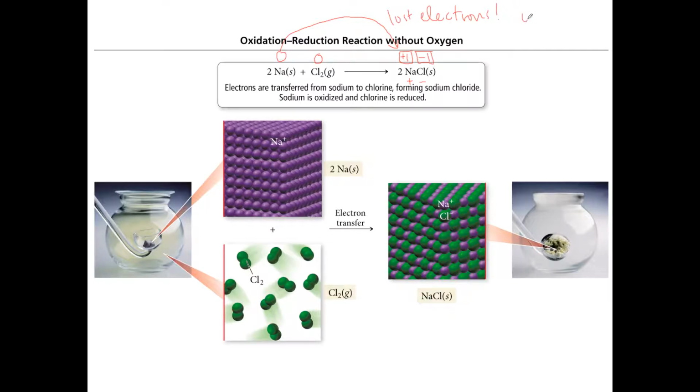Oxidation is loss of electrons. And chlorine gained electrons to become chloride. And reduction is gain of electrons. So chlorine is reduced, sodium is oxidized. All right,